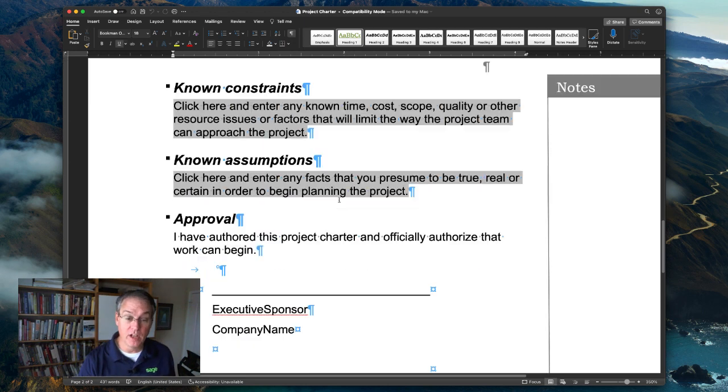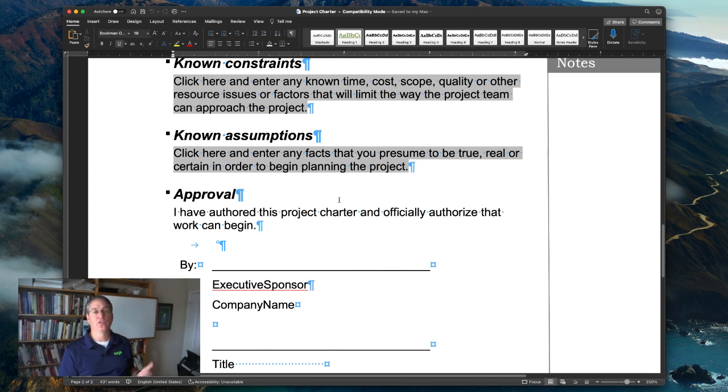And then, of course, the approval and the signature of the executive sponsor, or electronic signature, or tacit understanding that I have authorized this work, and that work can begin, that we can start working on this project. Critical, again, that the executive sponsor be the one that sends this. Now, the executive sponsor might not be involved in the day-to-day project down the road, but they are the ones who ultimately have the authority and, as you see from this document, must transfer their authority over to the other person who is the project manager.